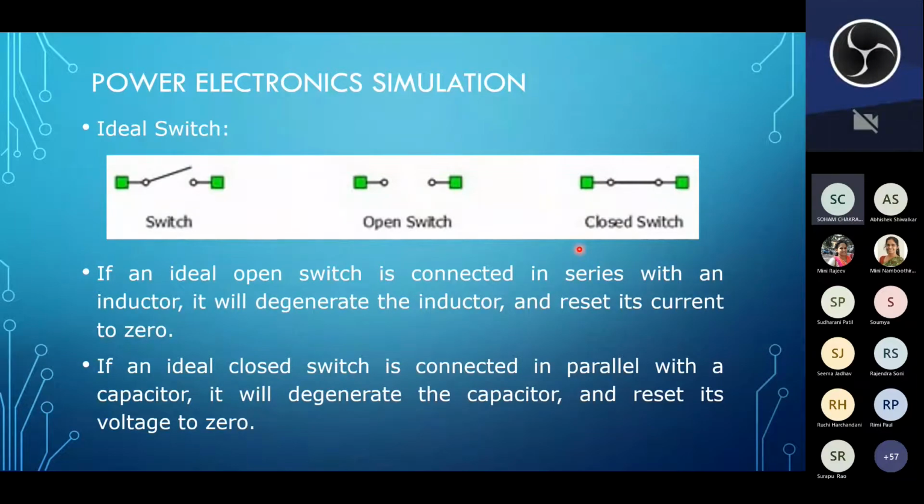If an ideal switch is connected in series with an inductor, imagine this is an open ideal switch, and you connect an inductor here. Tell me what will happen. It will degenerate the inductor and reset its current to zero. Why? Because it will forcefully not allow the inductor to conduct even though it is charged,